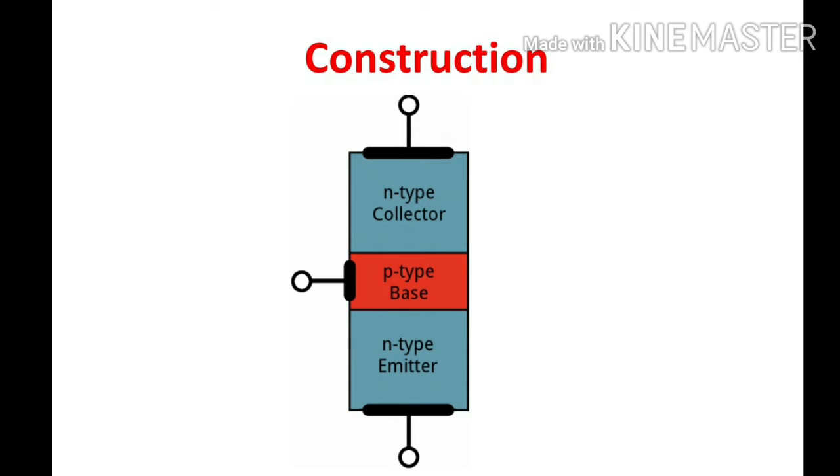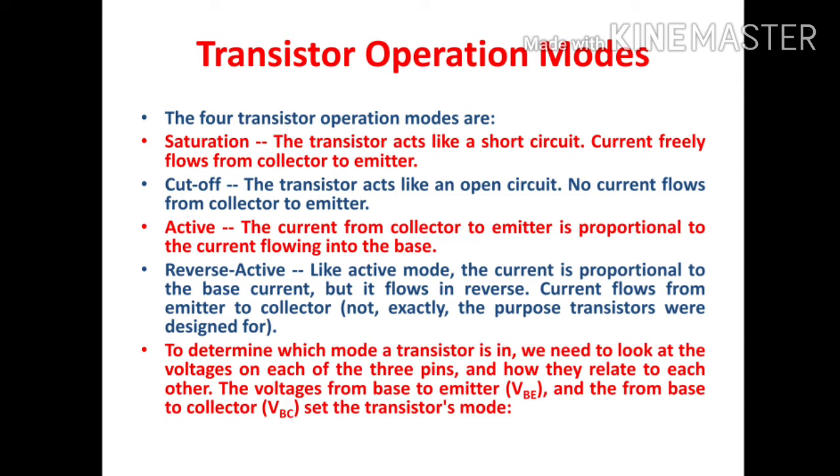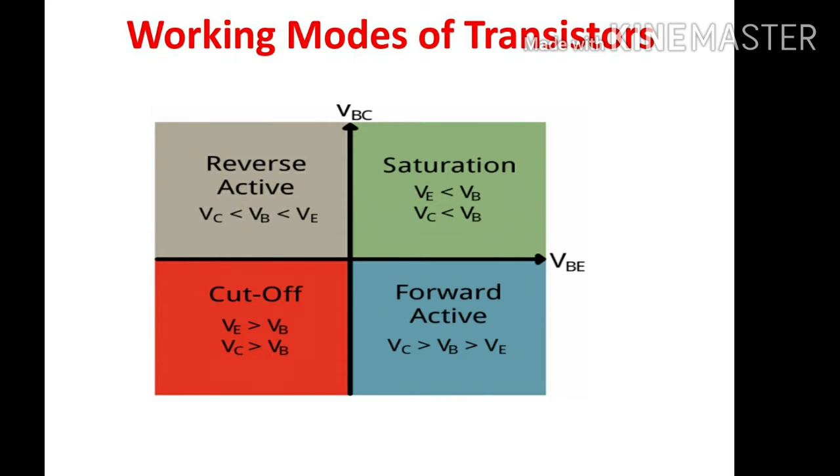Okay, so once we use this transistor in the circuit, it will go for biasing. Biasing means applying the voltage. Accordingly, the first junction will be forward biased and the second junction will be reverse biased. Now if we give this combination of biasing, the transistor enters into the active region. Active region means it is involved in conduction of the circuit.